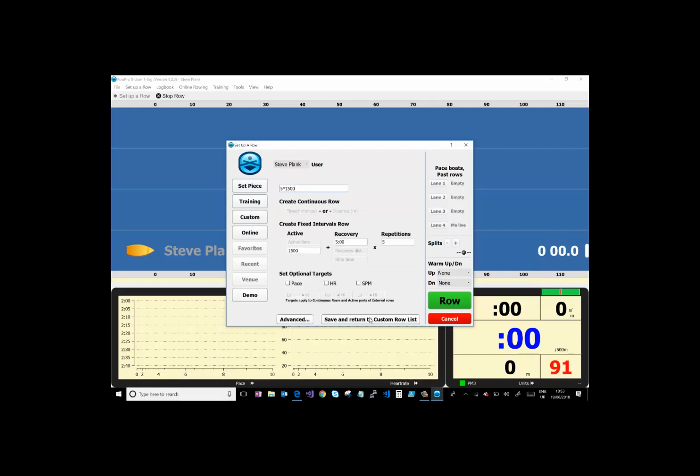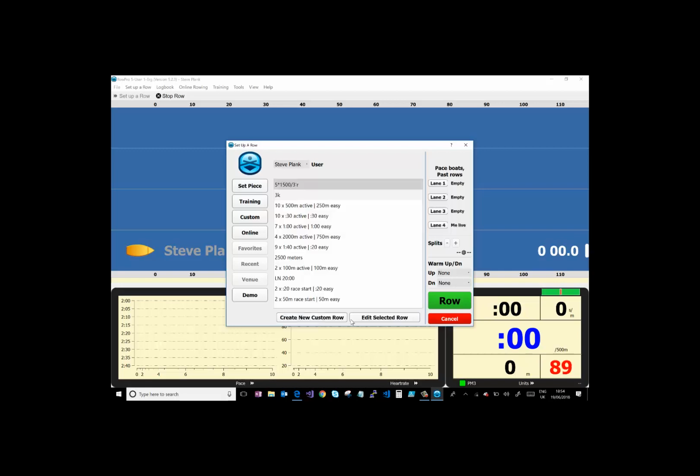I'll let you have a look at it. It says create fixed intervals row, active for 1500, and then a 5-minute recovery, 5 reps. So 5 by 1500, perhaps I should call it 3 minutes rest. I can't remember how I save that. Oh, save and return. There we go. So now if I row that,